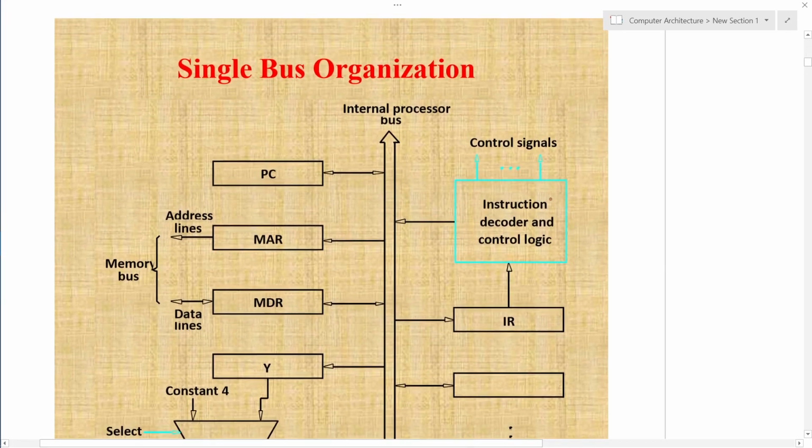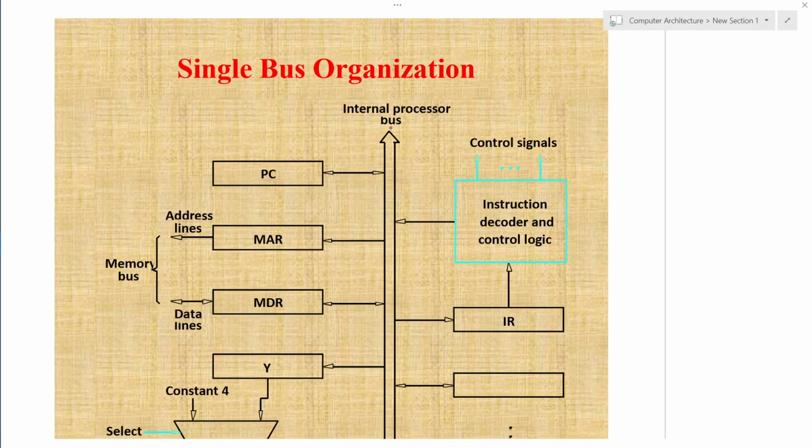Single bus organization means in this type of organization a single bus is used. And what is a bus? Bus is nothing but the group of wires through which the information is transmitted. This is called the internal bus, because in the CPU there are two types of buses.